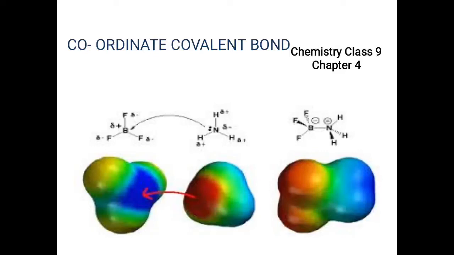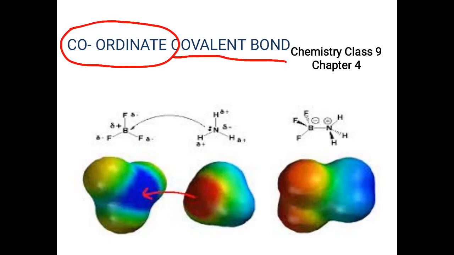Hello class. In today's lecture we are going to discuss a very special type of chemical bond that is called a coordinate covalent bond. This bond uses the term covalent, but this coordinate is